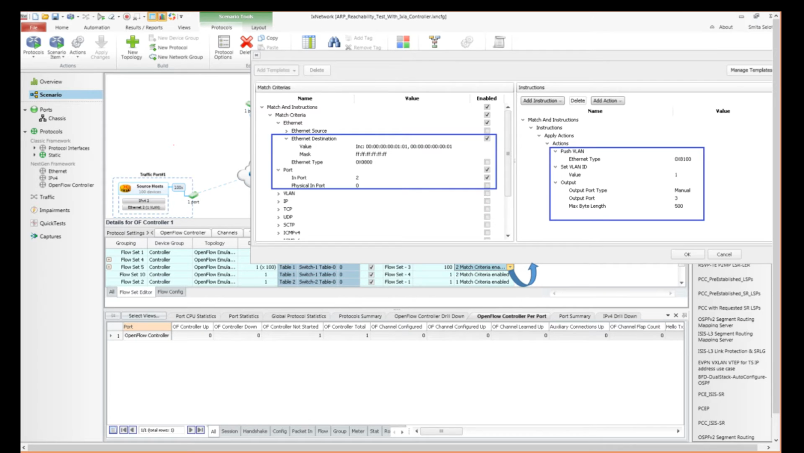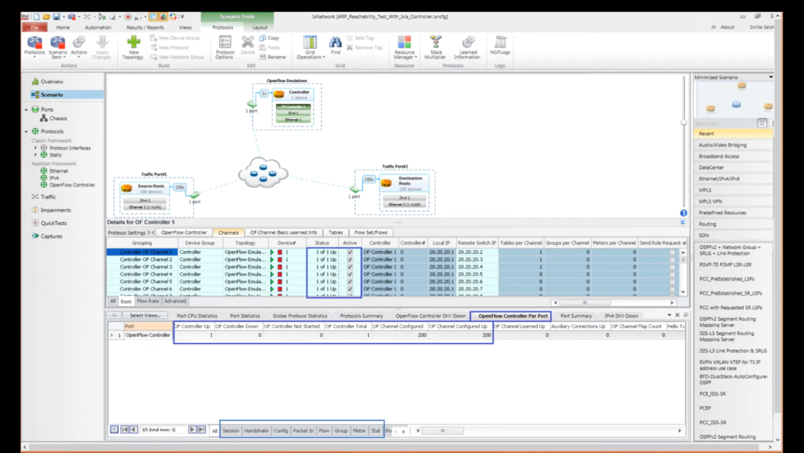These flow set configurations allow the user to strip host VLAN headers before forwarding to the other switch and insert VLAN headers before forwarding to a matched host. Once the protocols are started, IX Network helps the end user verify the results by showing multiple sets